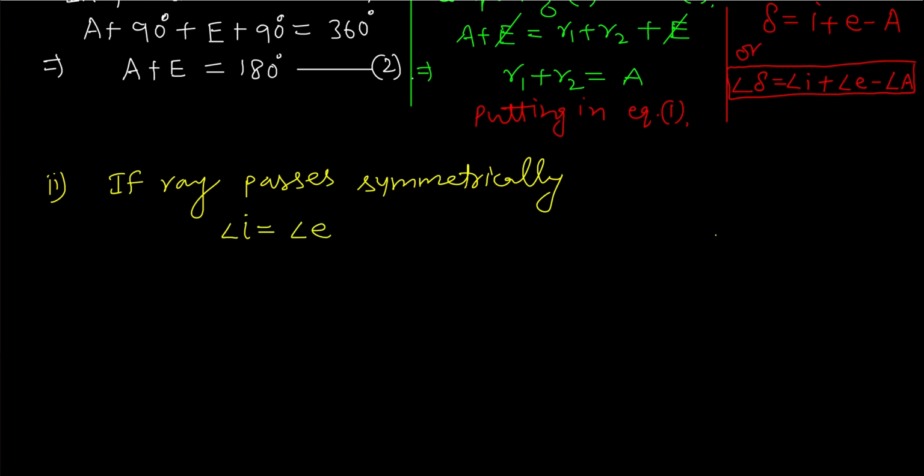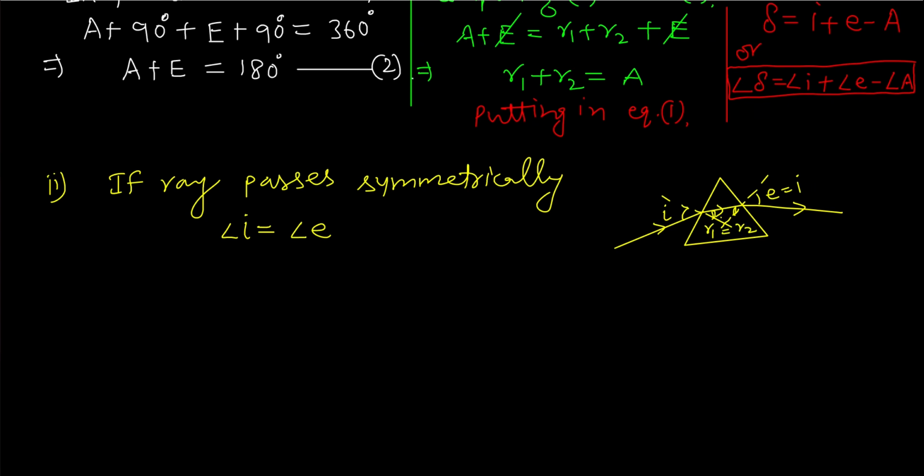So basically what happens here, in this case, when the prism produces minimum deviation, this is the incident ray, this is your refracted ray, and this is your emergent ray. And in this case, if you draw the normal here and normal here, this is your angle I and this is your emergence angle E, they must be equal to each other. And in that case, R1 and R2 are also equal to each other. So R1 is also equal to R2.